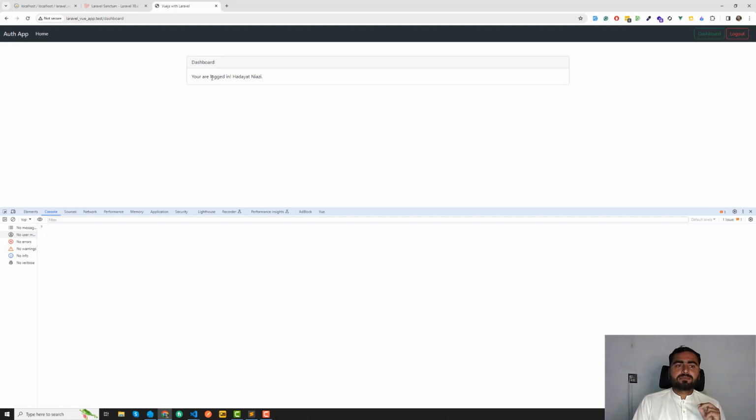Okay, and the next thing is I'm going to implement middleware on the Vue.js side. So here, if I'm on the dashboard and want to visit the login page, I shouldn't be able to visit the login page, right? So these are the two things which are required. So as you know that we are implementing on the backend side, but still we need it on the front end side too. So before this, I'm going to implement